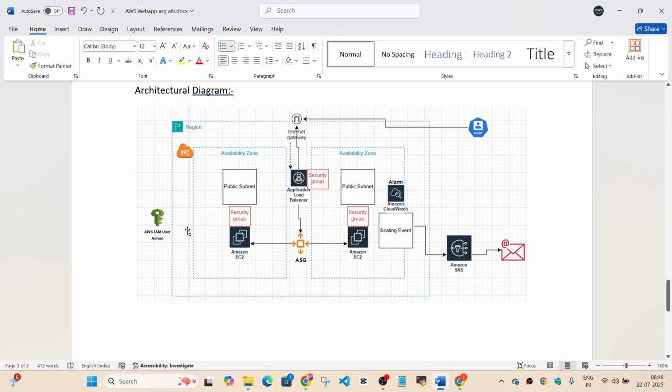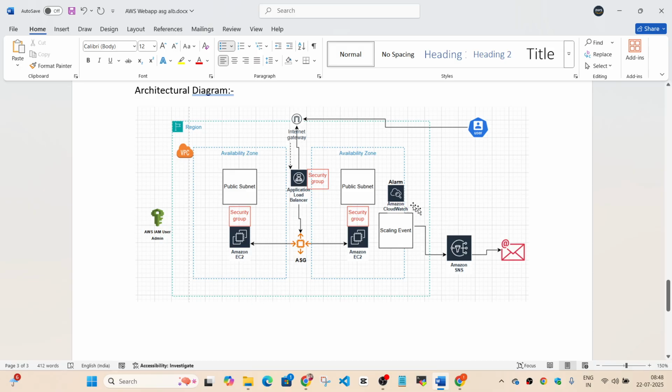you can go ahead and create an IAM user first, which is going to have admin permissions to create resources in an AWS account. Within the AWS account, within an AWS region, you're going to use a VPC. In real world use cases, you'll be using your custom VPC, but for our use case, we'll be using a default VPC, but it's going to behave the same way. But in real world, you will be using a custom VPC.